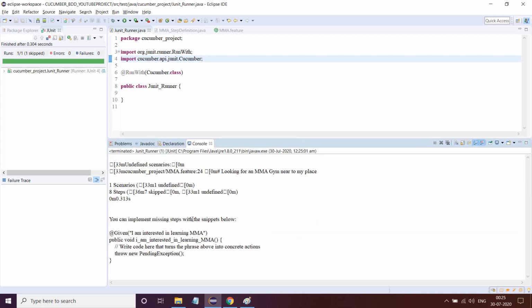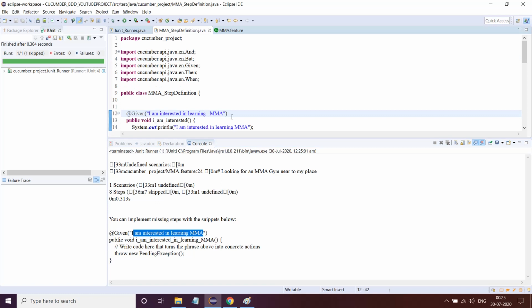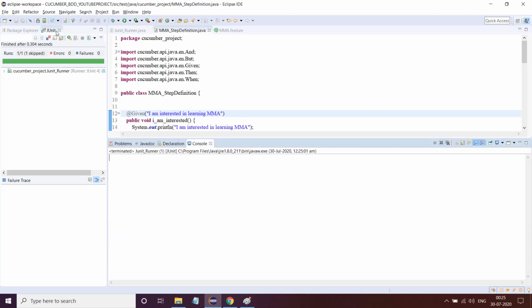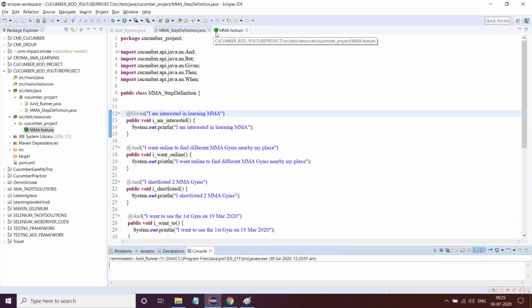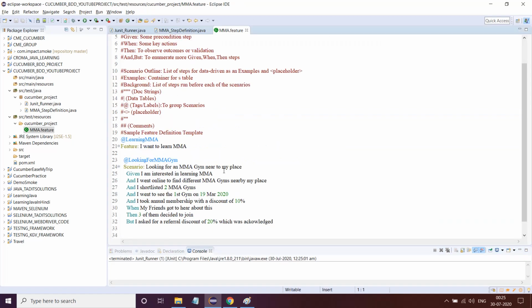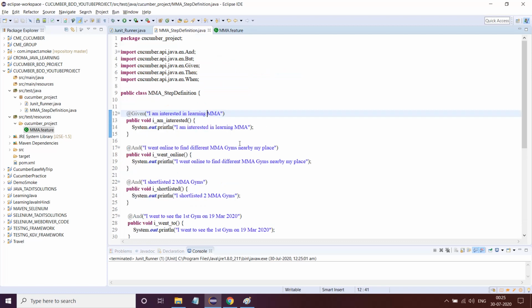That means this one does not have a space. Why have you given a particular space? You have to be very careful. You have to exactly copy the matching glue code. You cannot change it. I will tell you when and how to change it, but initially please do not. Whatever is mentioned inside your feature file, copy the exact same thing into your step definition file and then execute. That is when it will run best.